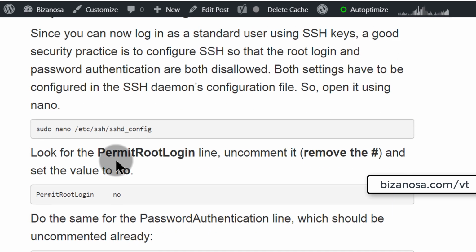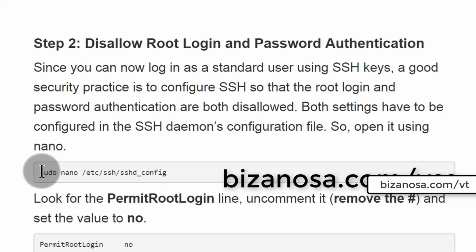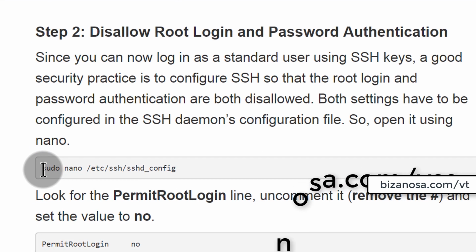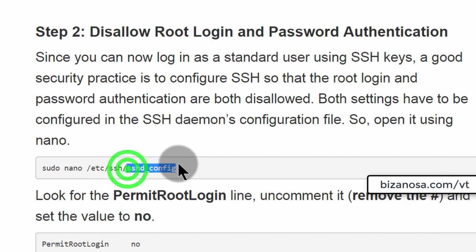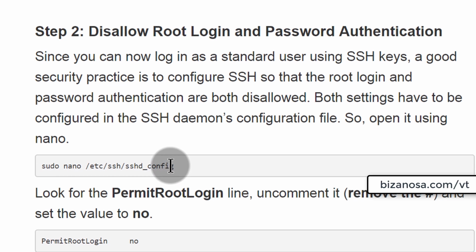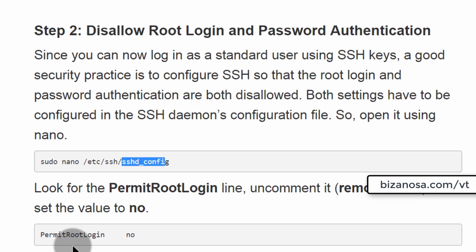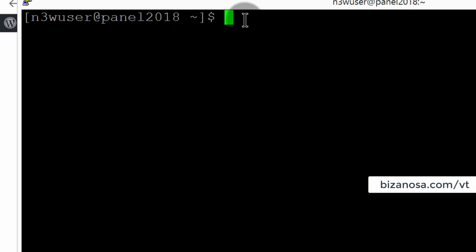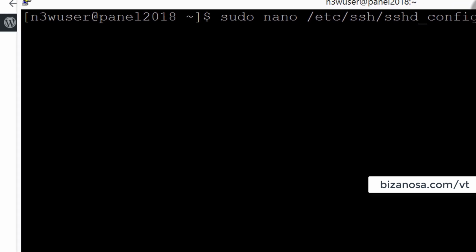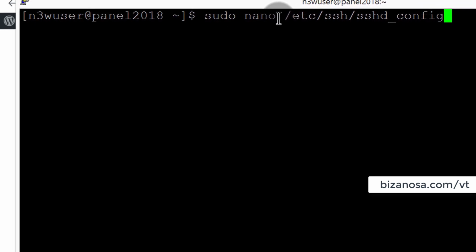And then let's come here and I want to just copy this. So the first one is going to open up the SSHD config, and we want to open this using nano so that we can edit it. This is a file that has the configurations that we need. Since we are no longer root, we have to use every command with sudo. So let's say we've copied sudo nano, and nano is an editor that you can use on your command line. So if I just enter,